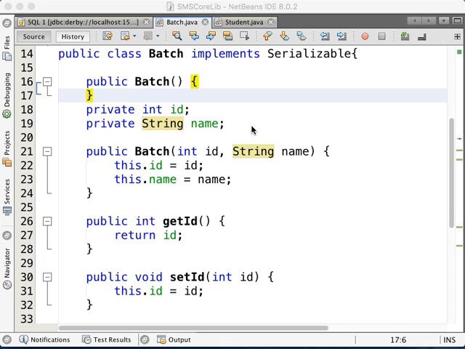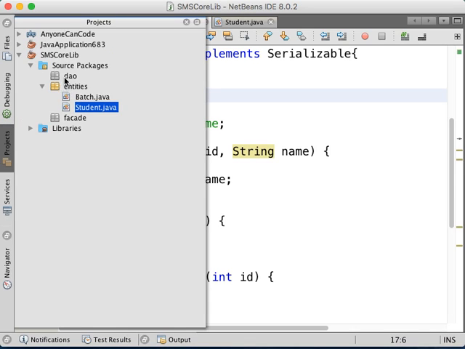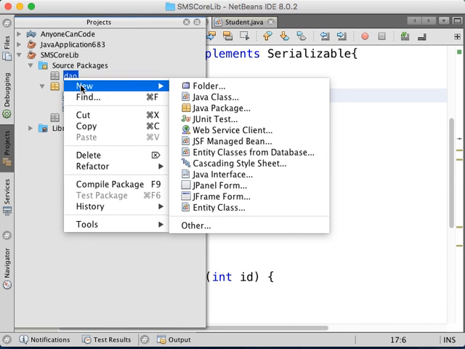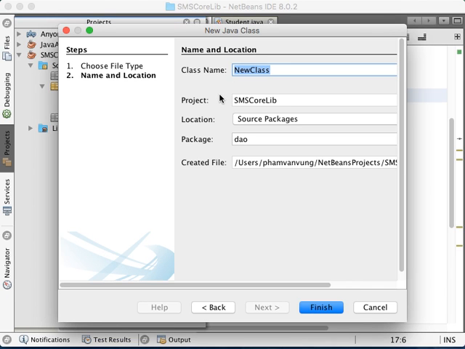So after creating the entities layers, we're going to continue with the data access layers, or data access objects. We're going to right click on this one, create. The first thing for the data access is that we need to be able to work with the database. So I'm going to right click on this one and click on Java class, and we're going to use SQL